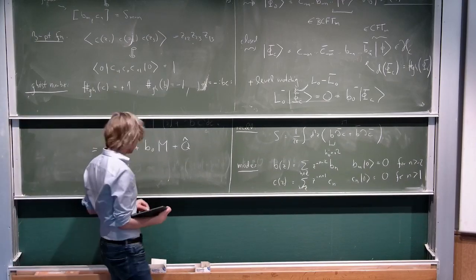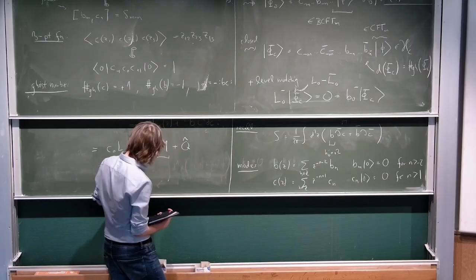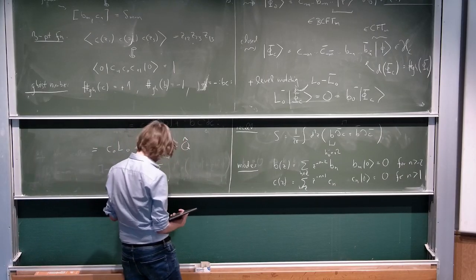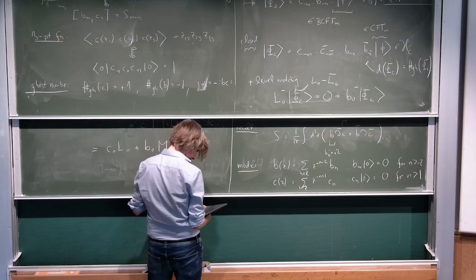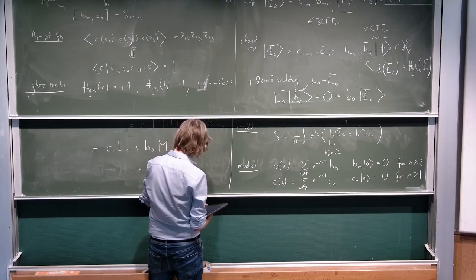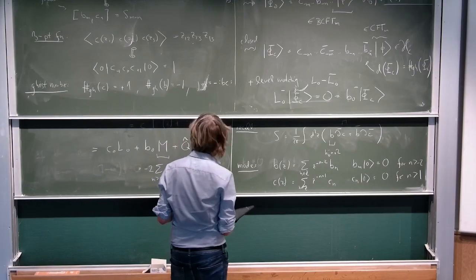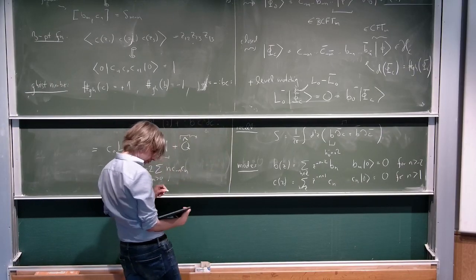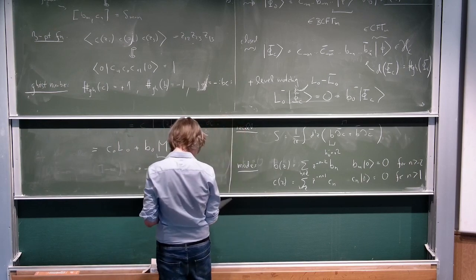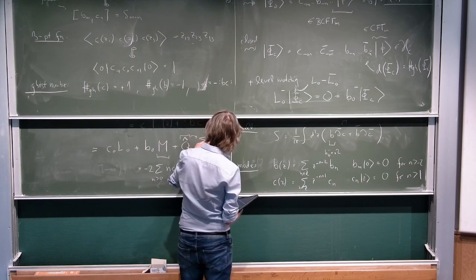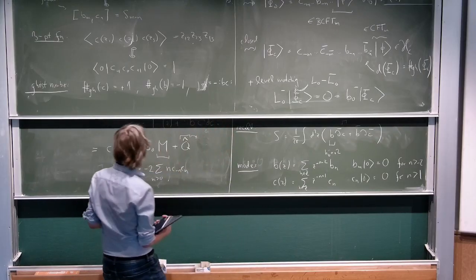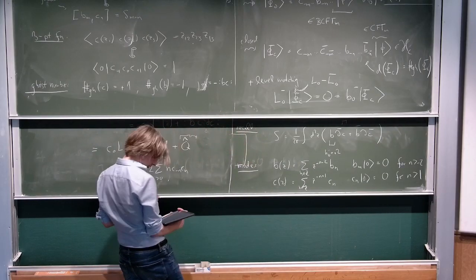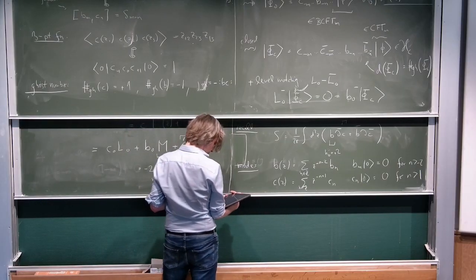Now M is a certain combination of c ghosts, which can be explicitly written as follows. And Q hat is yet another combination of modes and ghosts. So that's going to be equal to